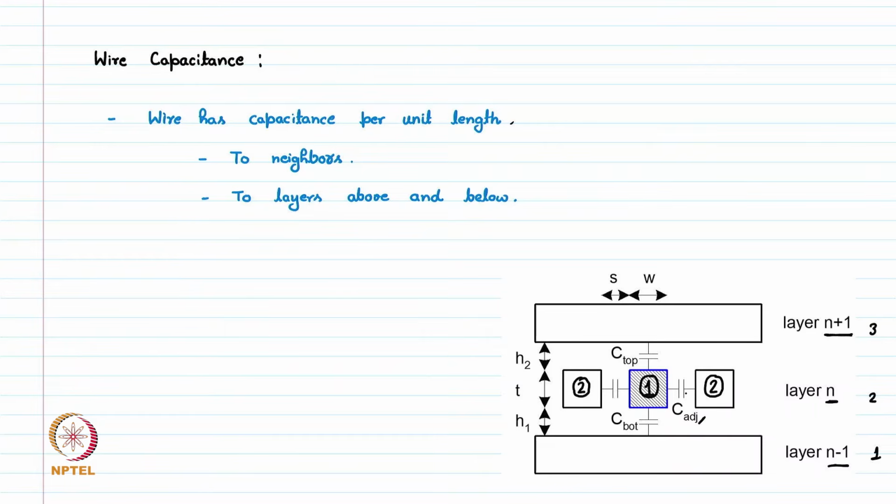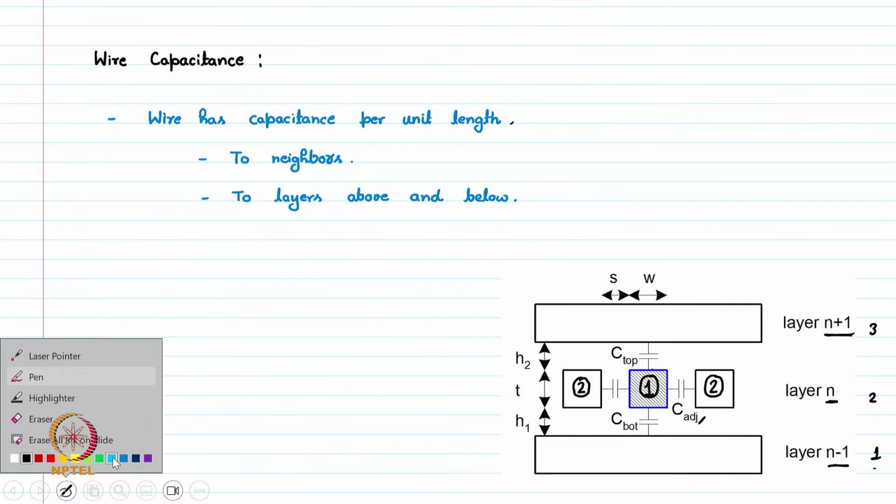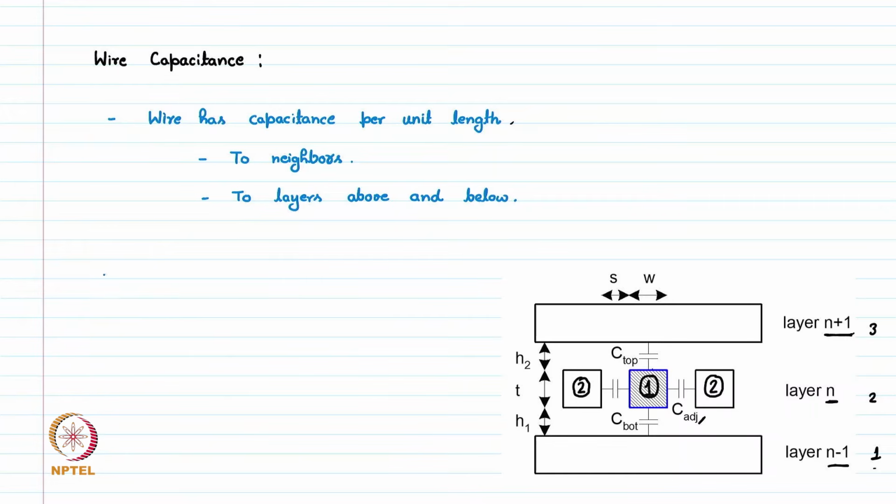That is one component. The other component is the capacitance from the top layer and bottom layer. From the top layer, let us call it C top. So C top is the capacitance between this wire and layer n plus 1, and C bottom is the capacitance of this wire with the bottom layer, layer n minus 1. These are the capacitance components for this wire, and if we write the formula for C total, the total capacitance,